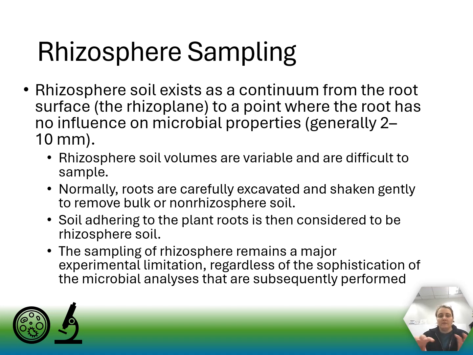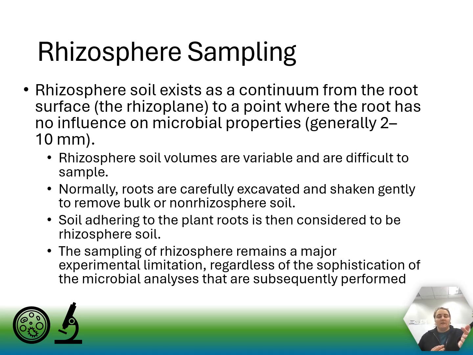So normally what we do is we carefully excavate the roots and we shake very gently to try and remove the bulk or the non-rhizosphere soil. And then the soil that adheres to the plant roots is considered to be the rhizosphere. It's not super technical in terms of how we do that, but it is actually pretty accurate. And then if we sample the rhizosphere, right,